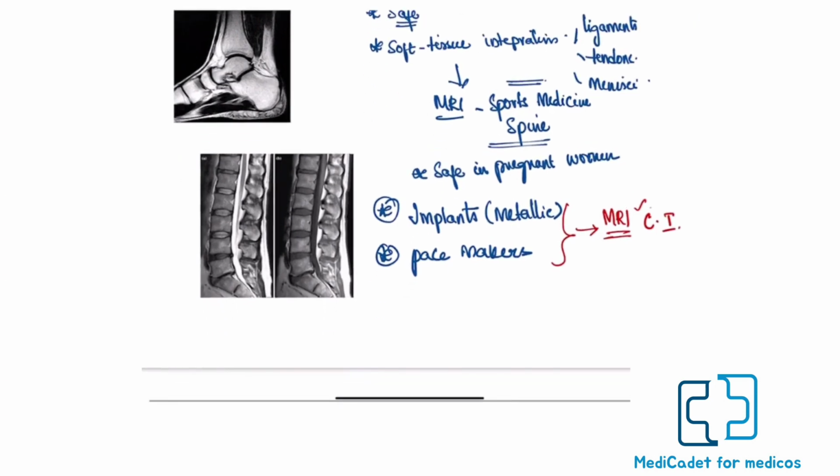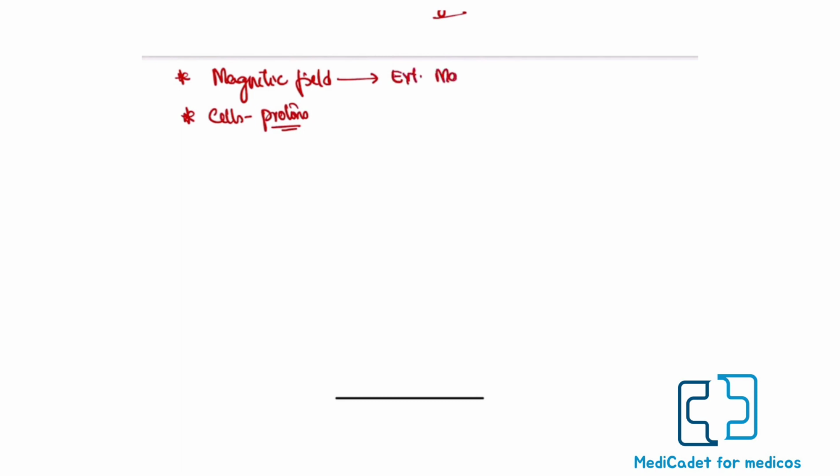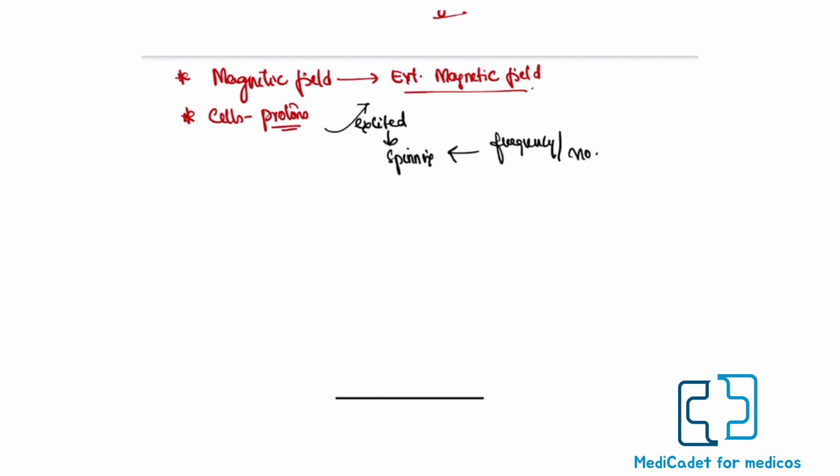So what is this MRI? MRI is nothing but magnetic resonance imaging. So what does it do? Here it uses the principle of the magnetic field, and there are cells in the body which have protons. When a particular person is placed in an external magnetic field, these protons get excited and start spinning. This spinning is subjected to various radio frequencies and various modalities, by which they get aligned,